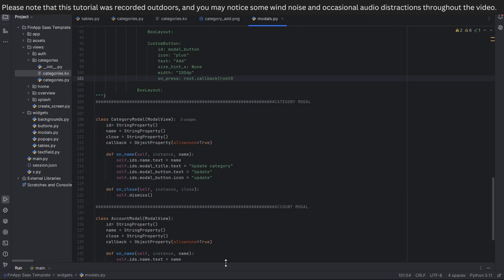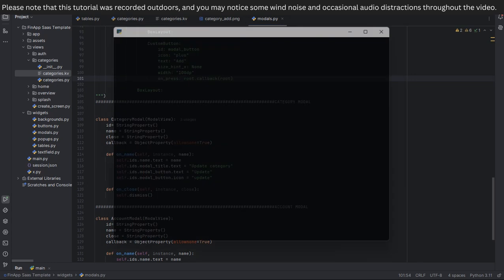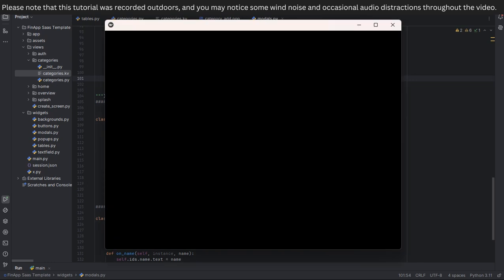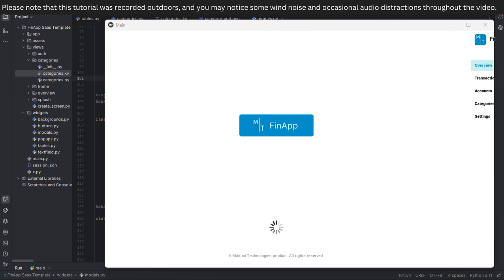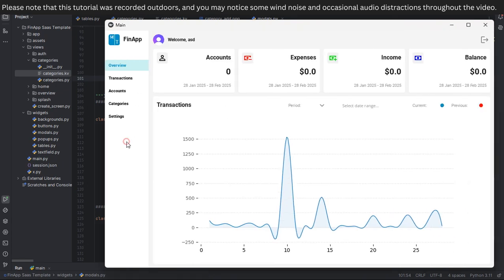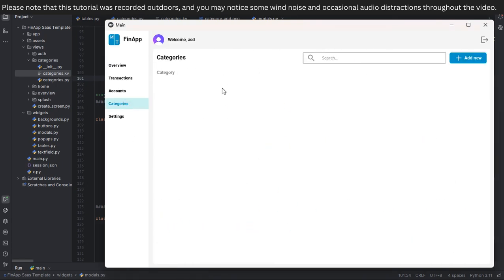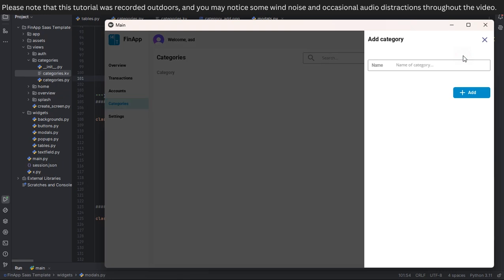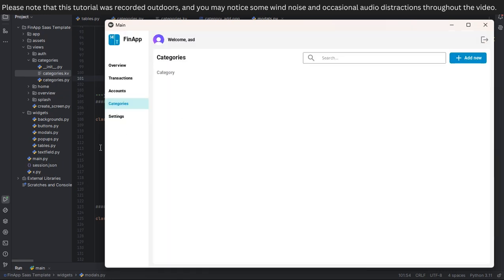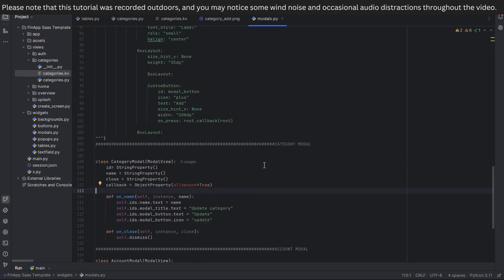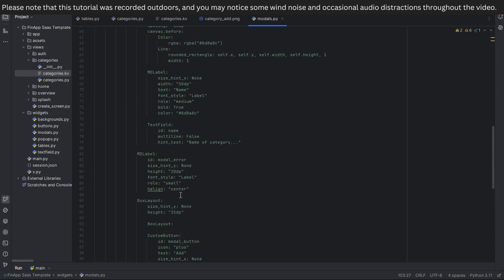Okay, I think we have an error. This should be closing parentheses. Okay, categories, add new. Okay, so this is looking okay. So we need to copy this, select here,